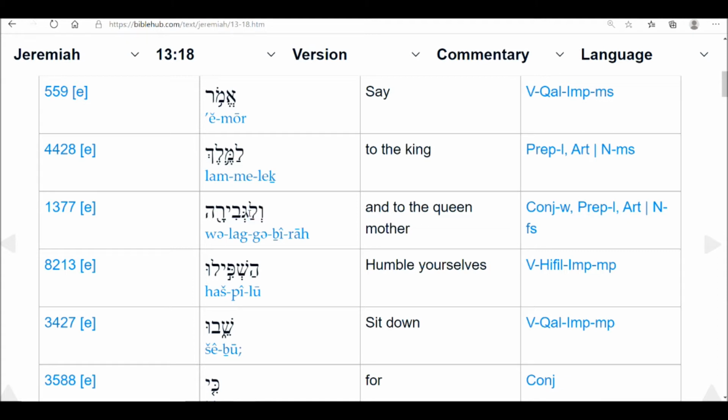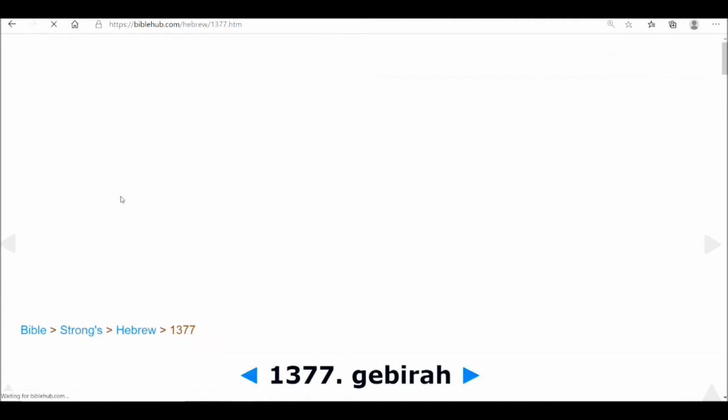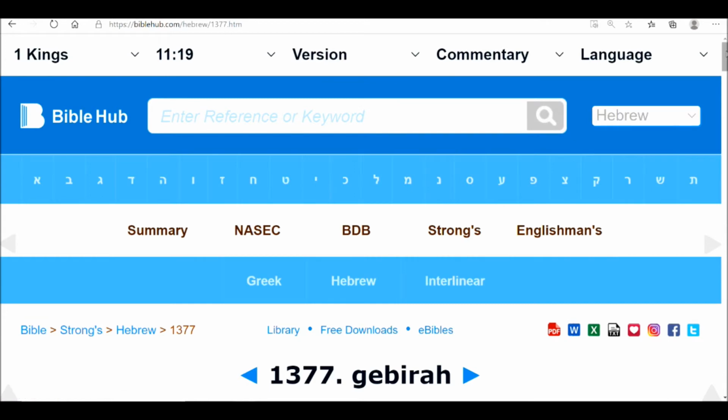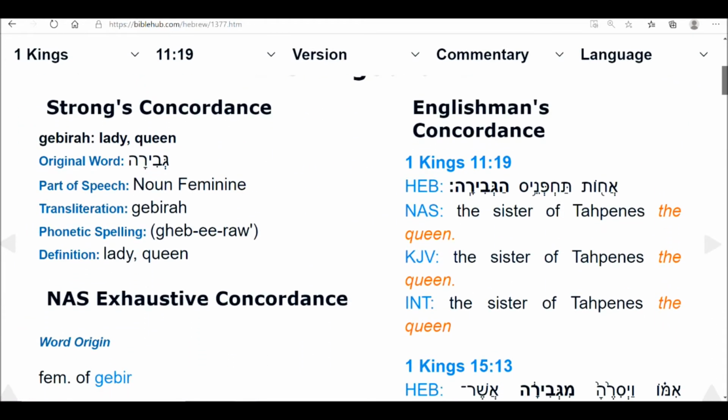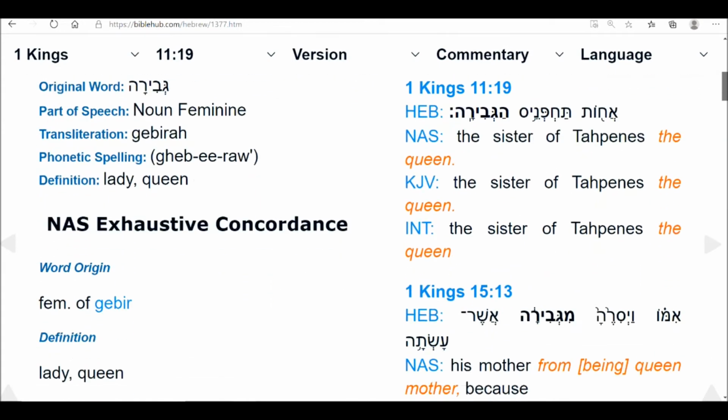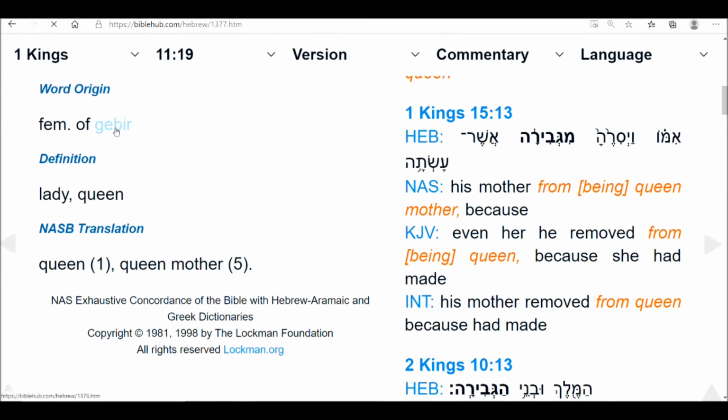And I love the fact that here in the middle of it, it's Gibber. And Gibber as a strong and mighty, and the Yod is in the middle of it. So they've been given the power of love within the essence of their being. So let's just break this down because we need to know what this Gibber is. Let's go to that word right there of queen, 1377, and it roots at 1376. So let's go to 1376.